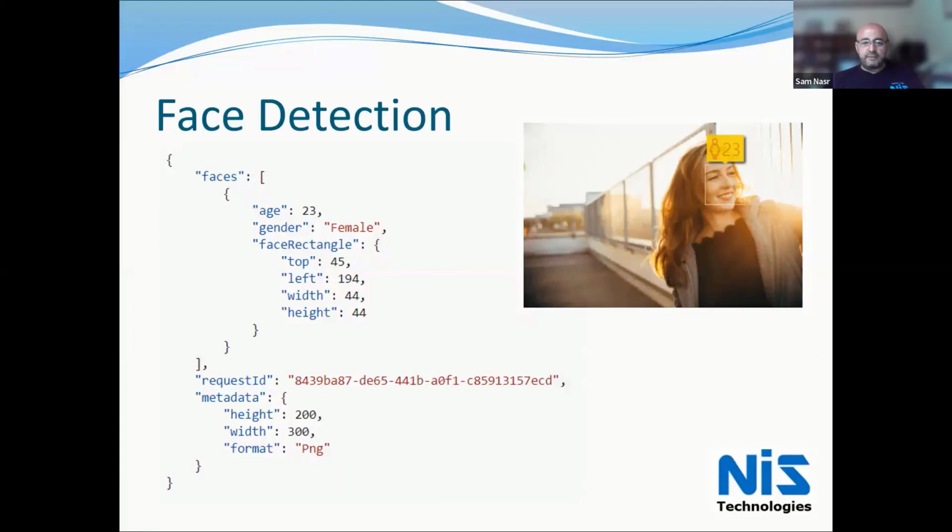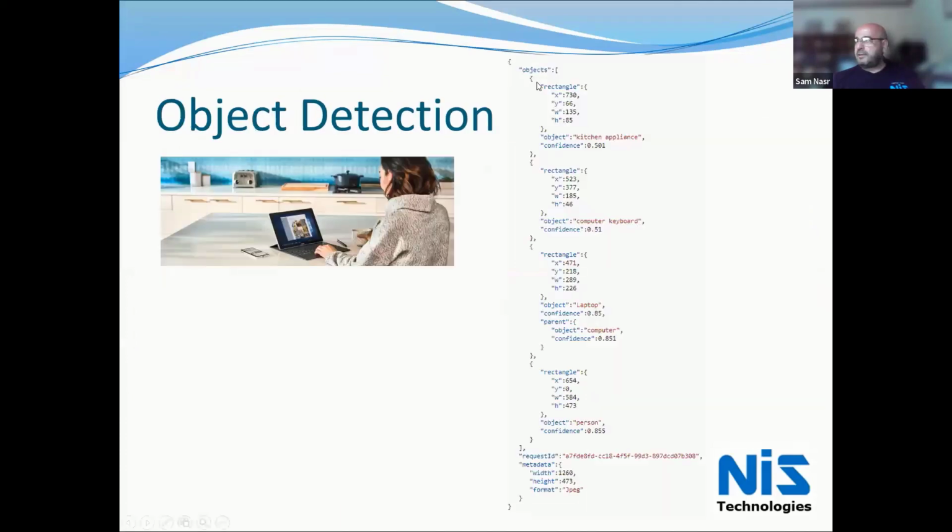Likewise, I can use it for object detection, where, again, it's responding back in JSON, and it's identifying different objects. So here, it's identifying a kitchen appliance in this section and in this section. And you'll see that it's giving me the rectangle coordinates of where that appliance is in the image. It identifies a computer keyboard, it identified a person, et cetera. So I can use all this for, again, expediting things, basically dissecting an image instead of just taking a picture and hoping someone will see it later.